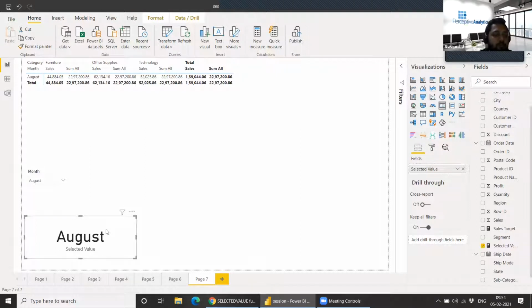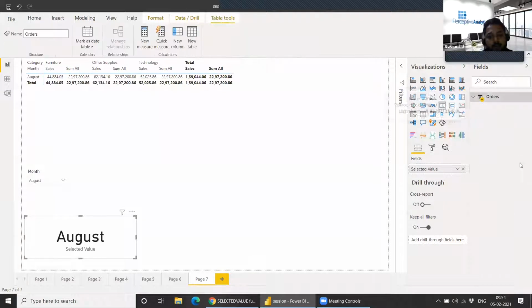Similarly, right now we have just one order table. If we have another table, like a sales table, and we are just using the filter of the order table, and those tables are not related, we don't have any connection between them, so we can't filter the second table based on this filter. For those scenarios we can use the SELECTEDVALUE filter.